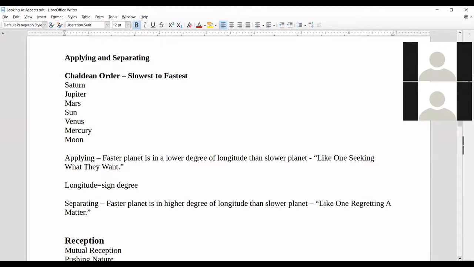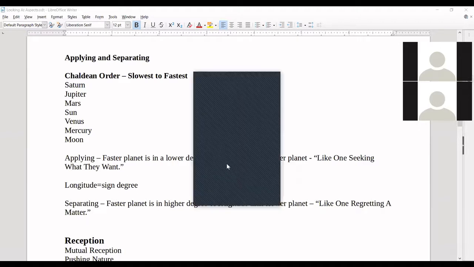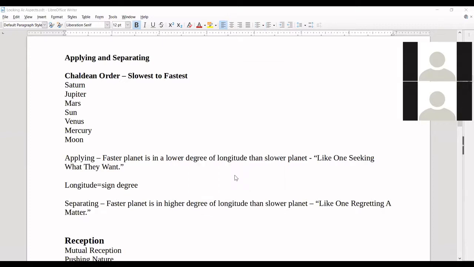Now, let me actually put another chart up for a second and give an example of what we might be talking about in a horary chart. Okay, this came up and this woman said I could use it. Is my marriage over? If you can't see the chart, let me know. Is my marriage over? We should be sharing.